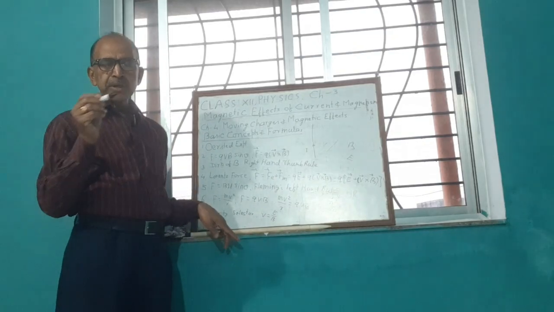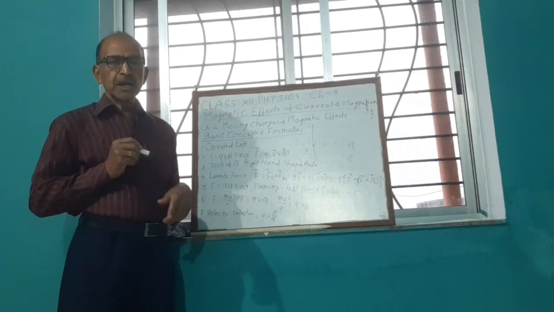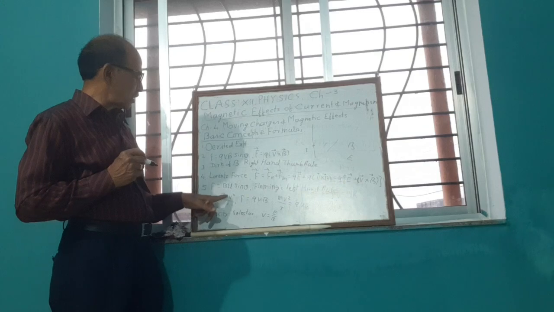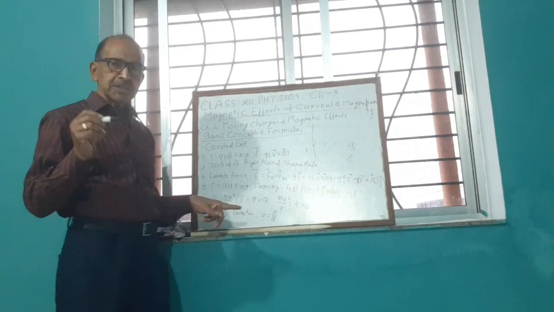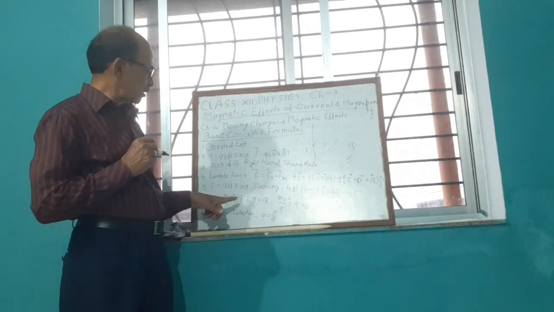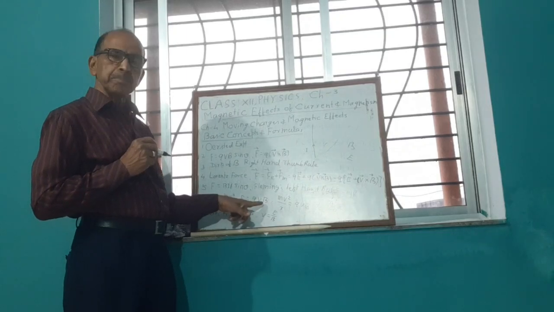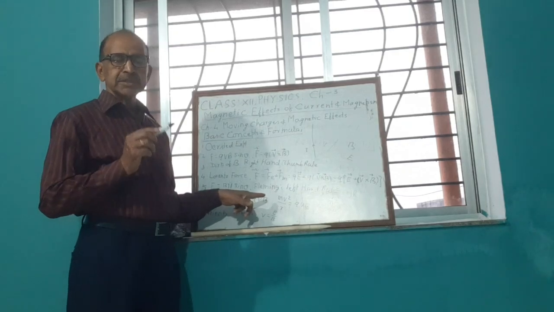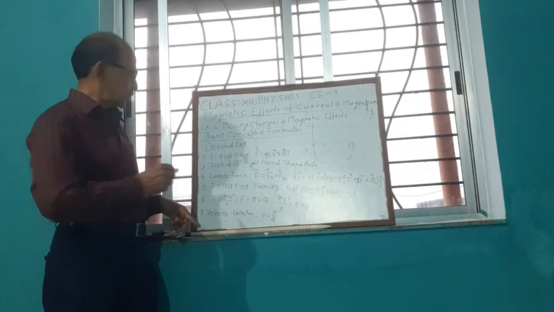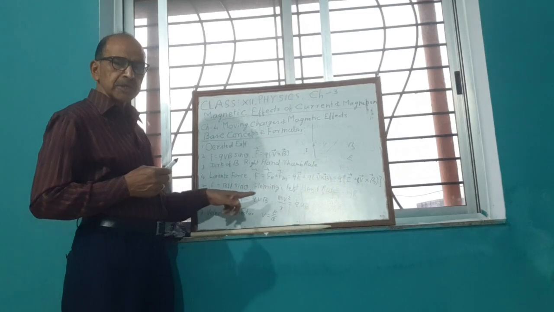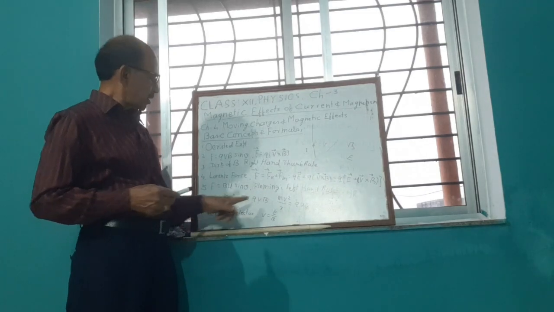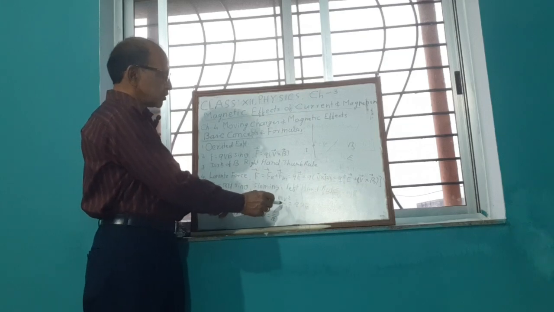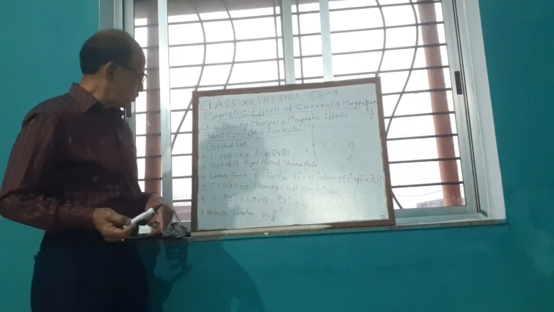Or if a charge is moving in a magnetic field, the force acting on the charge is the centripetal force. Centripetal force F is equal to mv square by r. The magnetic force is F is equal to QVB, and this magnetic force provides the centripetal force for the moving charge. So centripetal force is equal to magnetic force, V will be cancelled, and R is equal to mv by qB.